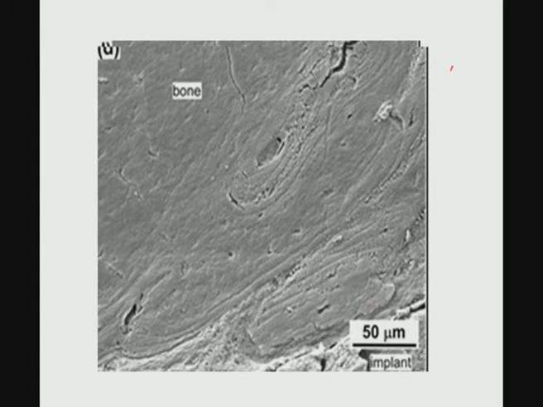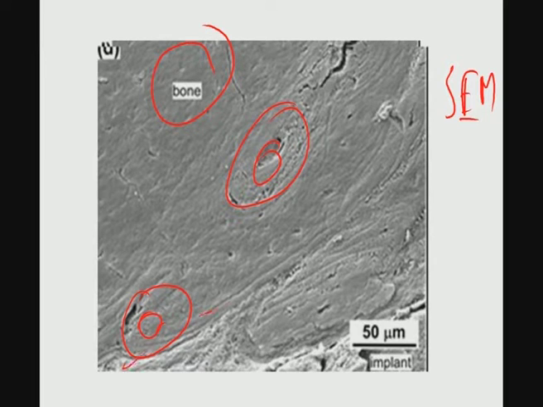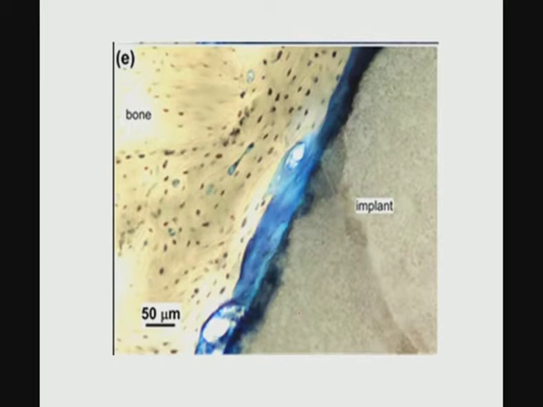This is a scanning electron microscope image, just to show the osteons and so on in the host bone structure. This is the host bone structure and your material is somewhere down this side. This is some more histology images, just to show characteristic cellular morphology in the host bone around the implant.